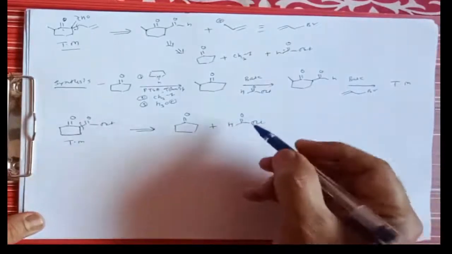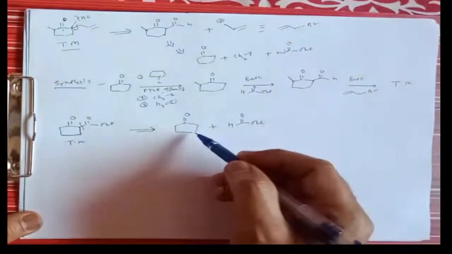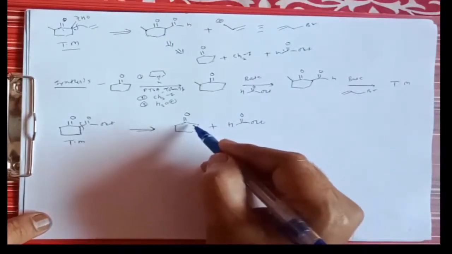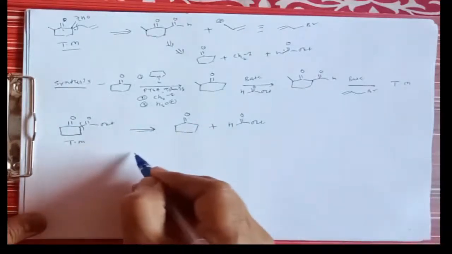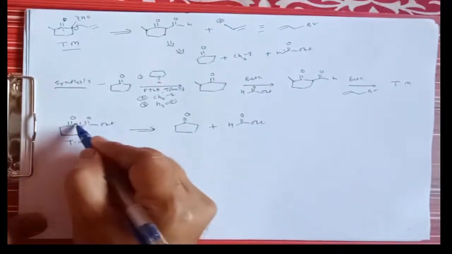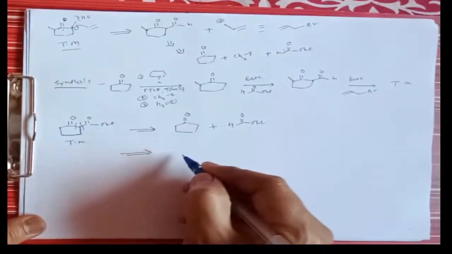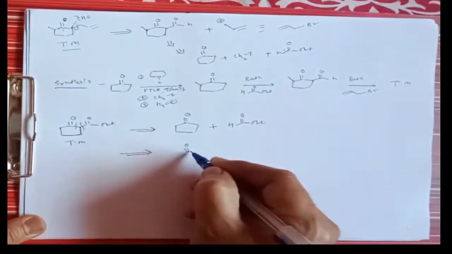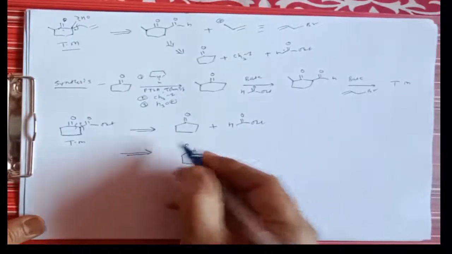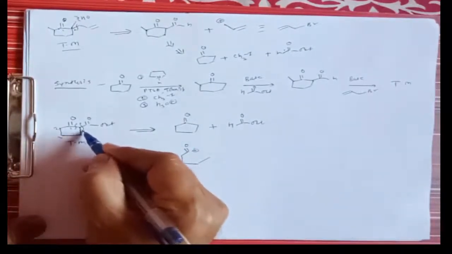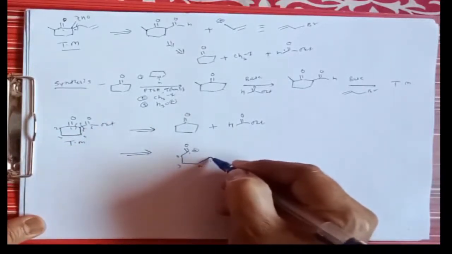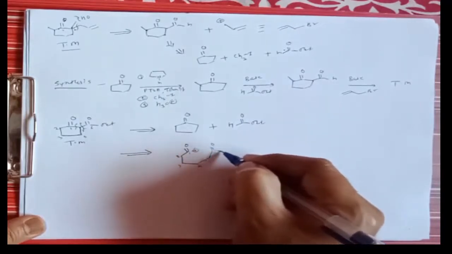So this is a simple route like the previous one, since cyclopentanone is easily available and ethyl formate is easily available, then we can go for the enamine approach. But the enamine approach is a long process, and therefore instead of breaking here we can break this C1-C2 bond. So it gives a positive charge here, and a compound like this. There are carbons 1, 2, 3, 4, 5 and 6, and there is an OEt, right?